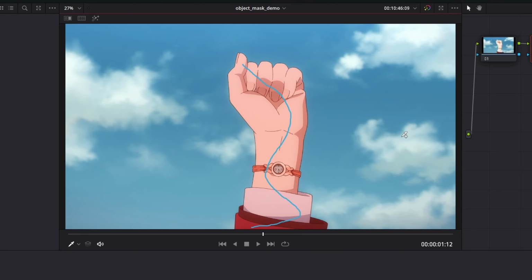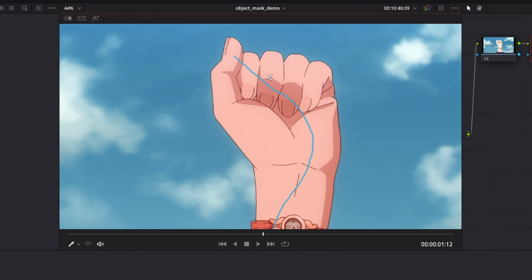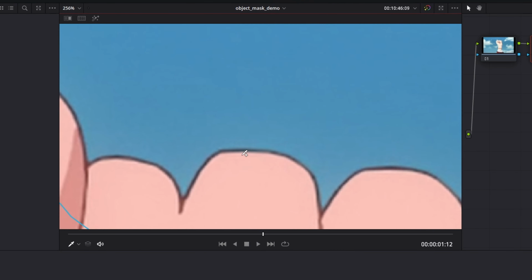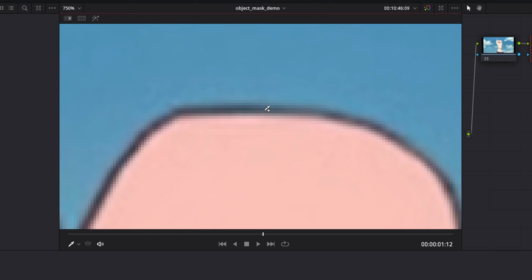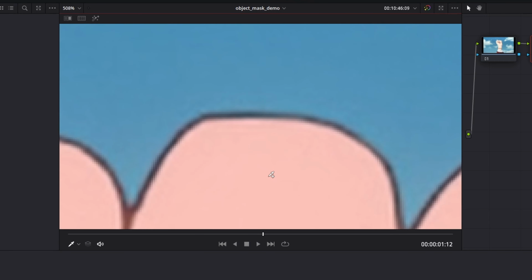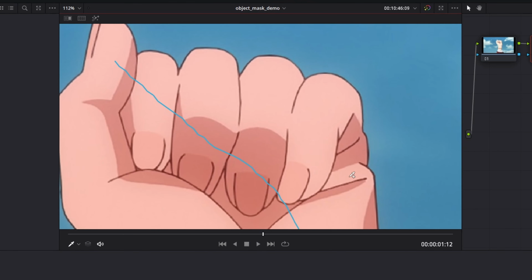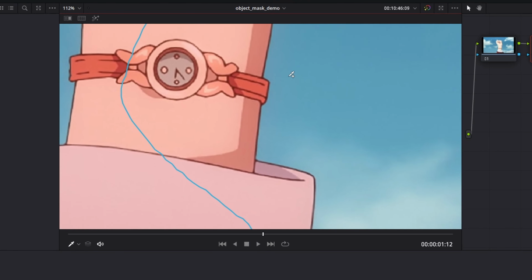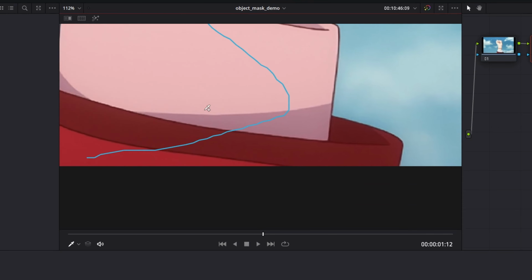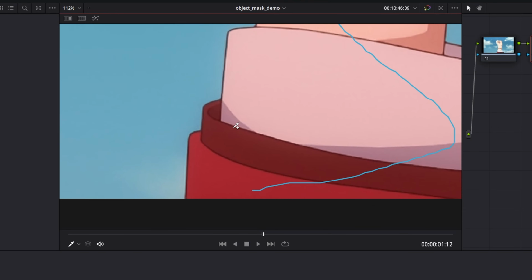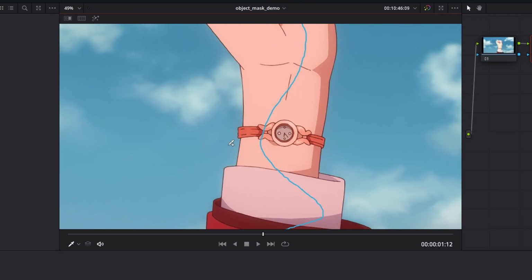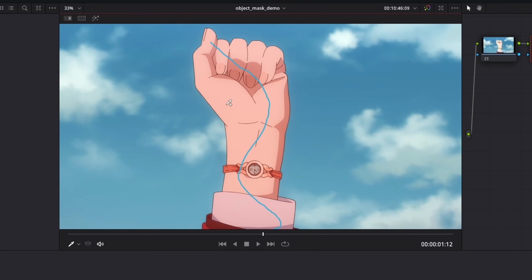And if you want, you can take a look. Let's zoom in and see just how precise our mask is. It got right up to the edge. You can see a little bit of the red inside of the outline for the edge here. It's very, very precise. But one frame is nothing. You could pen this out, maybe 30 seconds if you're really good at masking. It's where the tracking comes in that it's actually incredible.